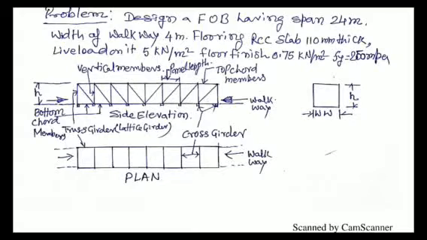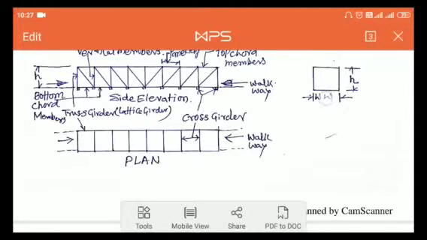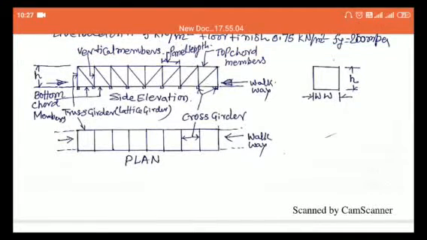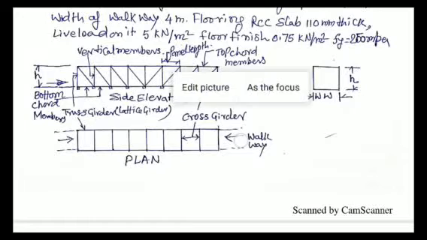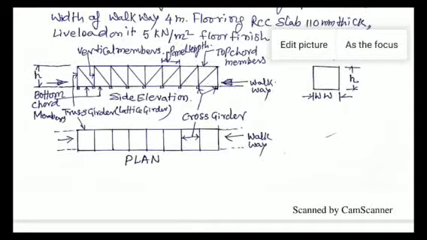and because the section here formed is N type, it is called N type lattice girder bridge. And this bridge is through type bridge because the passage is on the lower chord members as shown in this figure, and this is the width of walkway. As you can see here, this is the width of walkway, and this is total height H of the bridge.